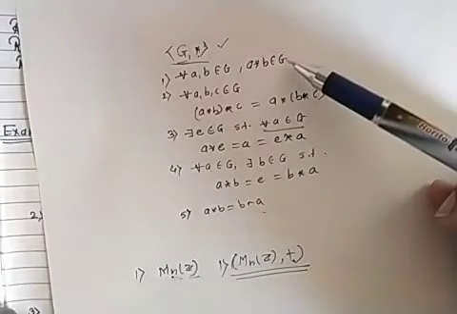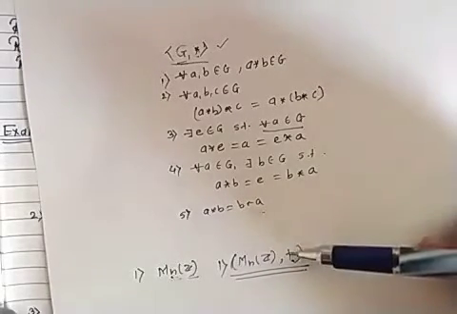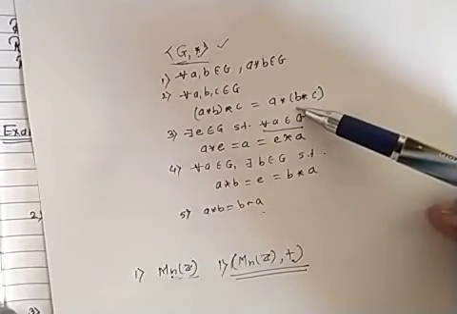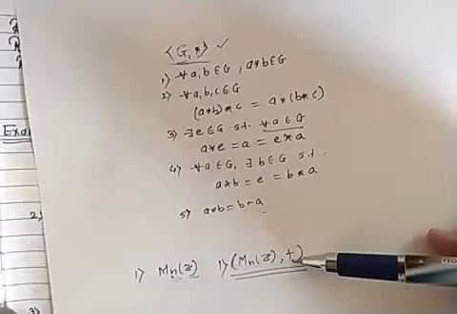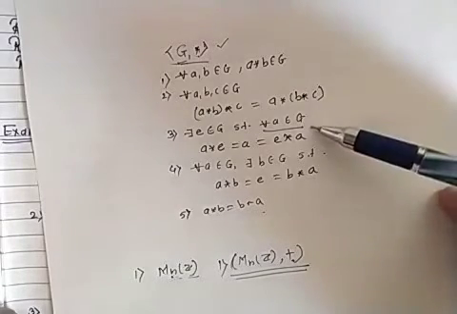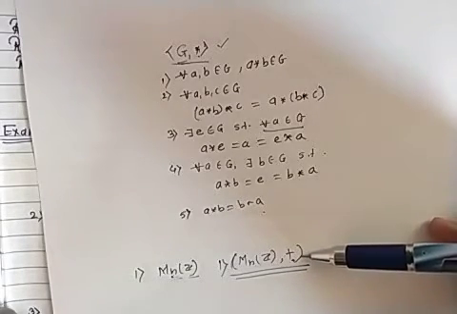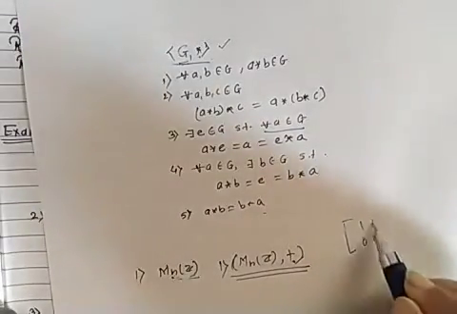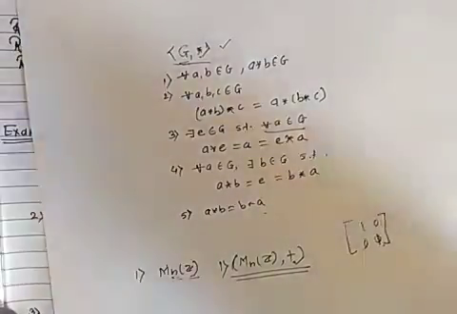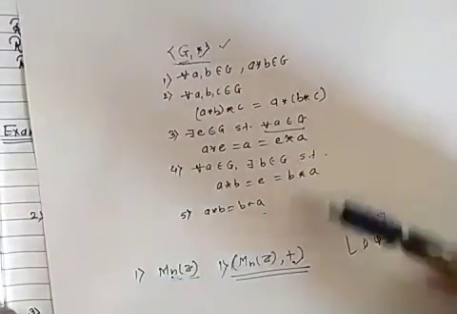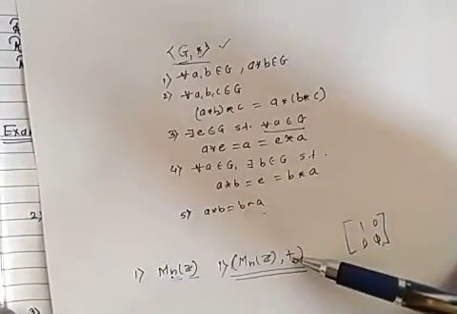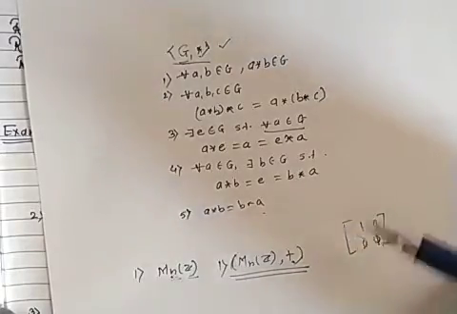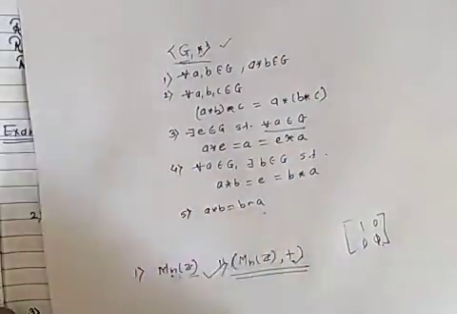You can take any 2 matrices, and their addition will again be a matrix in that set. Associativity will be satisfied with respect to addition for matrices. There exists an identity matrix, which for 2 cross 2 is 1 0 0 1. Inverse of each matrix exists with respect to addition. The commutative property of matrix addition will be satisfied. So the first property of a ring is satisfied.